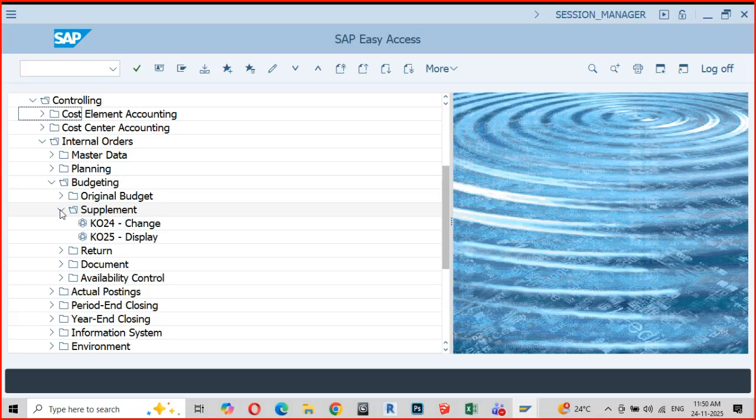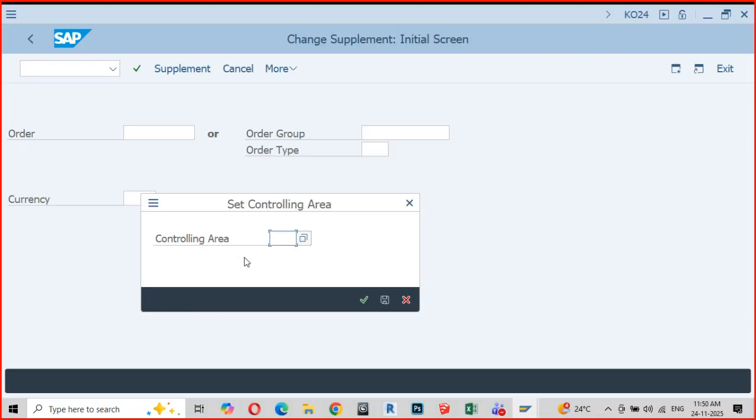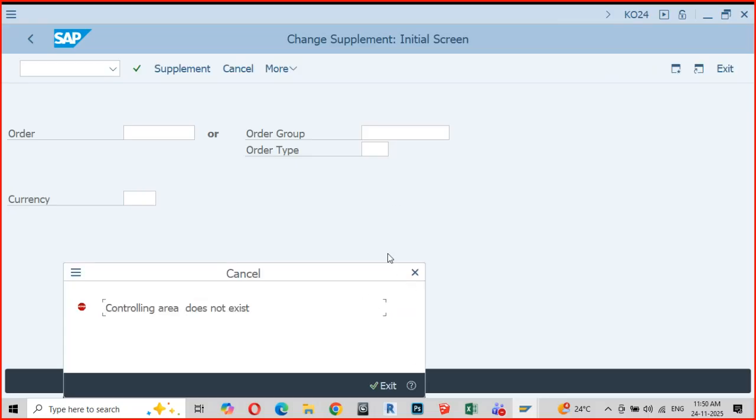I add the 25,000 to the original budget. See, every activity in your CO will ask you for your controlling area. All right. So anyway, I don't have the data. So this is how